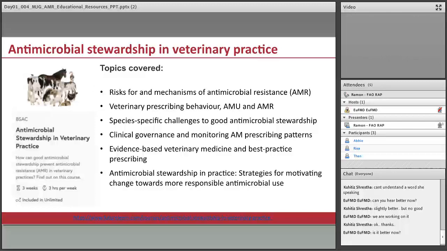Understand that for these different species, for humans it's easy. They have one species. That's it. For us, it's different every time. It's different when you're dealing with horses, which are monogastric. When you're dealing with a ruminant, the 4 compartments of the stomach, when you're dealing with a pet, it's different. And you have to understand also that the pharmacodynamics and pharmacokinetics will be different for each species. It's a nightmare to do surveillance when you're a veterinarian because you have to factor this in. The way that drugs travel will be different in each animal.